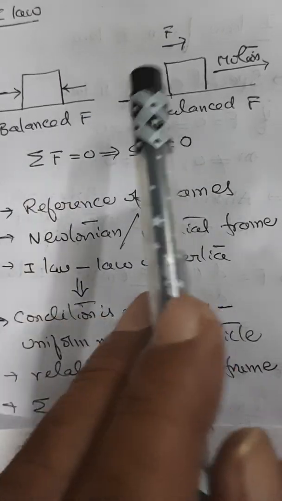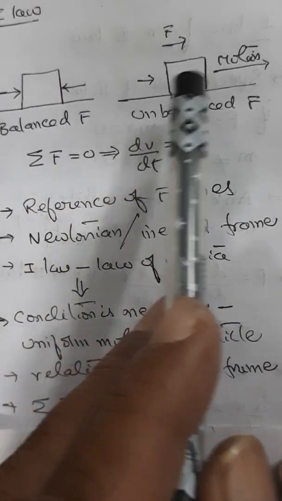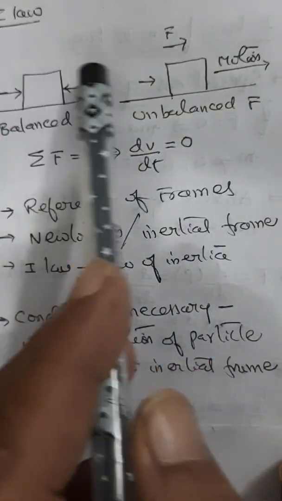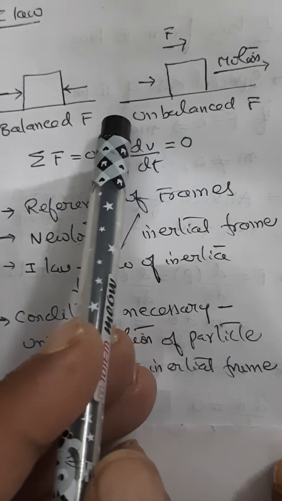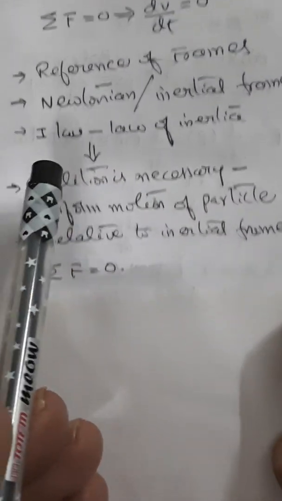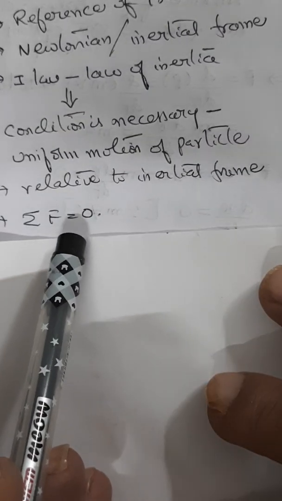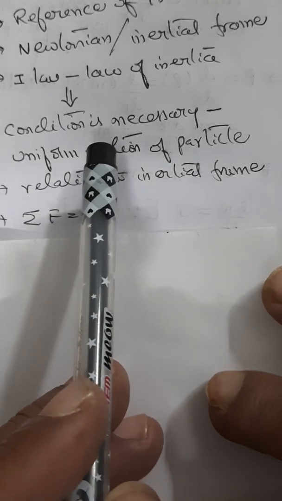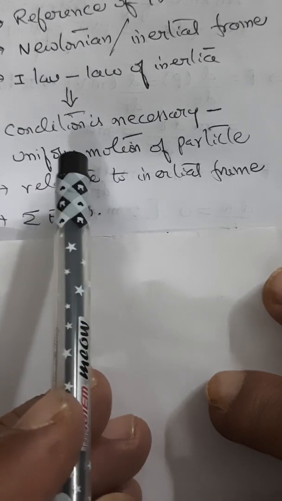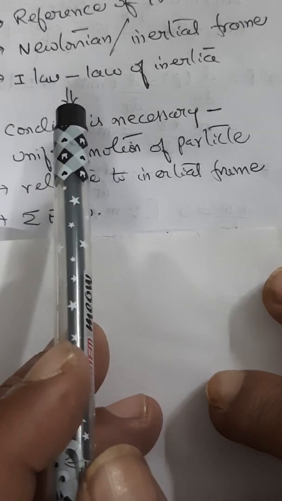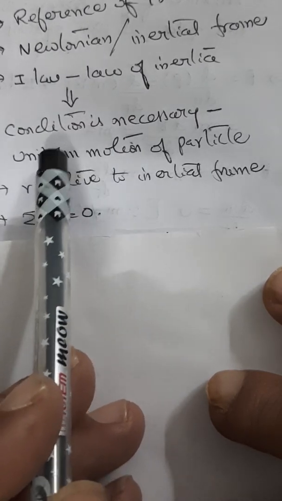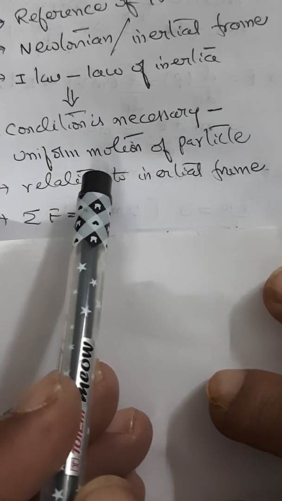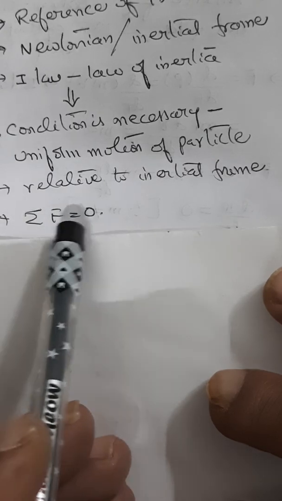That means the body continues to be in its state. The body is at rest; it doesn't want to change. The body is in motion; it doesn't want to change its motion state. That means it is in the inertial state. Single frame of reference. Understood? So that is the frame of reference Newton is trying to bring us. So Newton's first law, we know, is often referred to as the law of inertia. That means a condition is needed for the uniform motion of a particle relative to an inertial reference frame, that the total net force acting on it is 0.